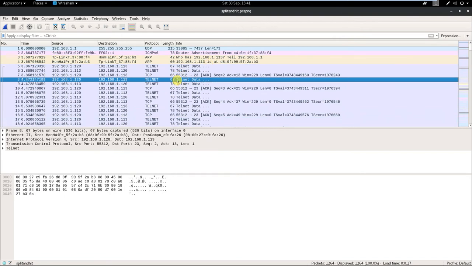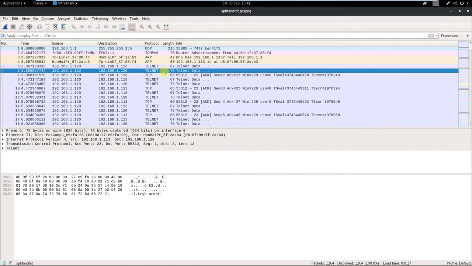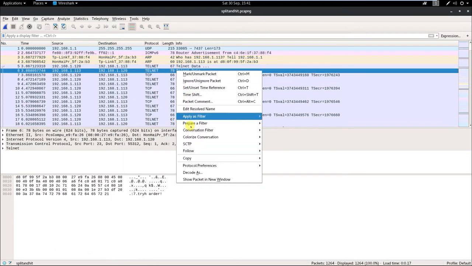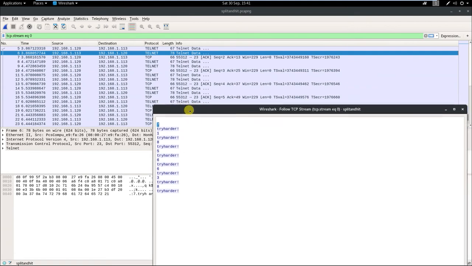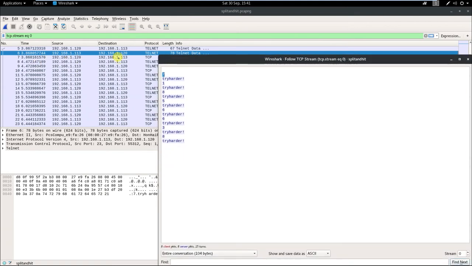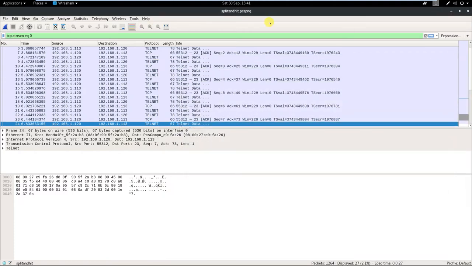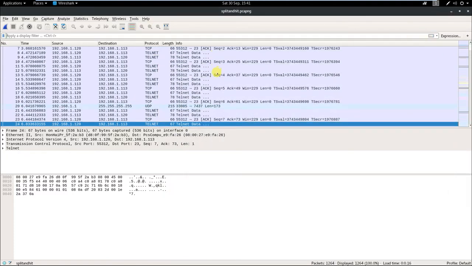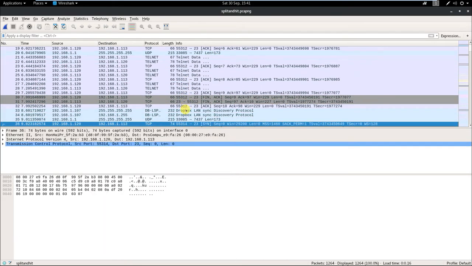So let's have a scroll and have a look through. We have our telnet data here, and you can see there, try harder. Let's follow this. So the values being entered in, we've got this back and forth communication between the .113 and .120 address, and numbers being sent, and it's responding, try harder, try harder, try harder. Okay. But it only went up to 8, so